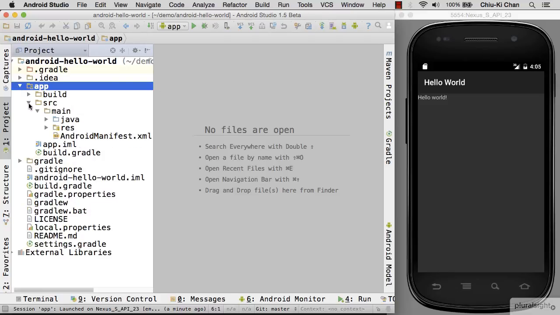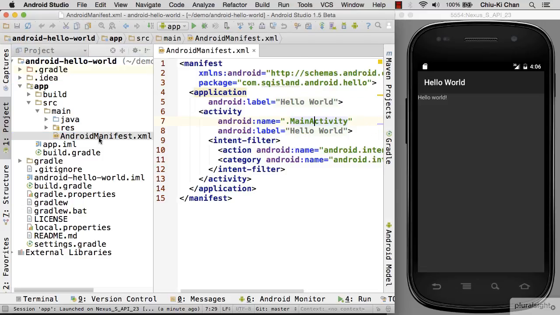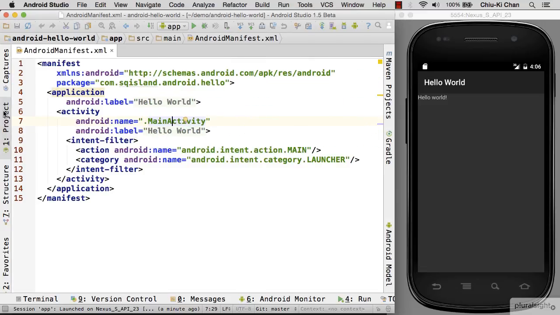If you dive into the source folder, you can see that there is a file called androidmanifest.xml. This defines the overall structure of your Android app. Take a look at the application tag. Inside it has an attribute called Android:label. At this moment, you can see that it says Hello World. But if you click on it, you can see that the actual value of Android:label is